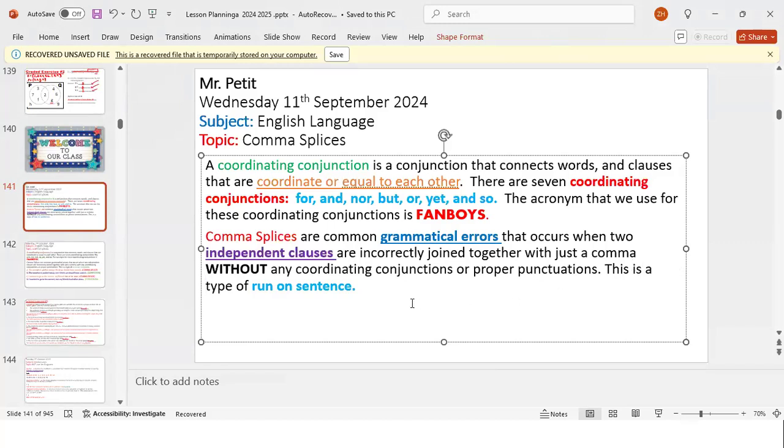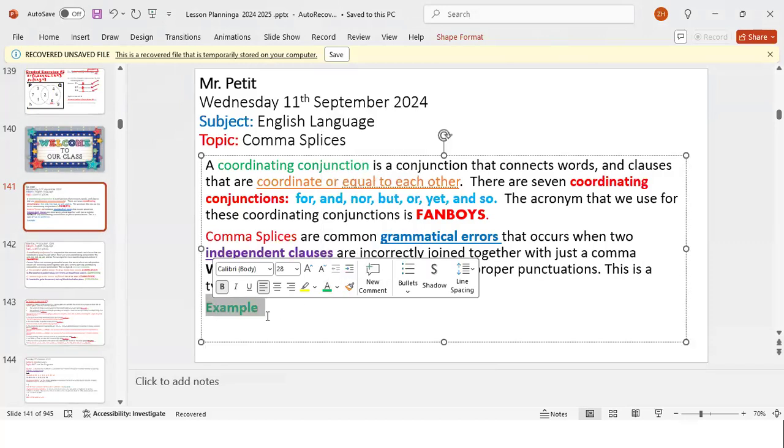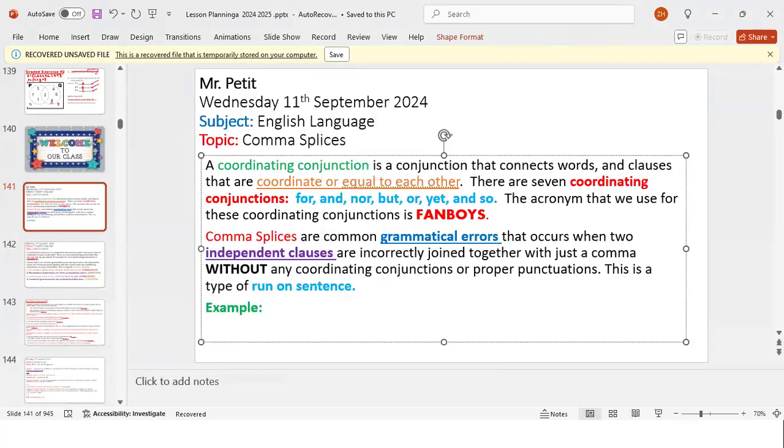So let's give an example, right? But before I give an example, Denvor, are you writing this down? Yes, sir. Good. Where is K-Shell? Is she here? Oh yeah, you're here.